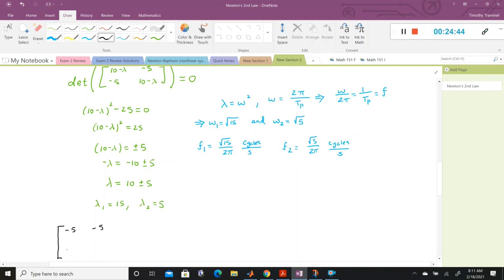Then I have minus 5 here, minus 5 here, and then 10 minus 15 again is minus 5. And if we were to take minus row 1 and add that to row 2, we would end up with this here,